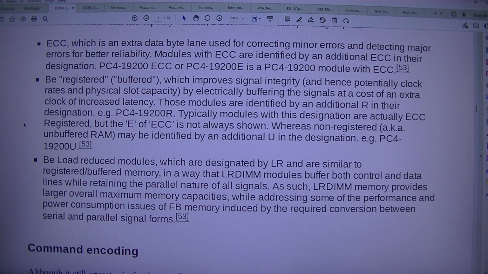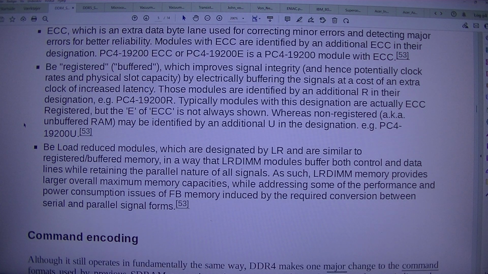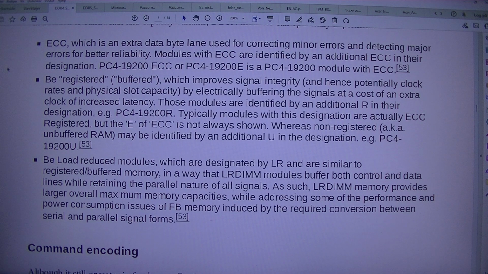Modules can optionally implement ECC, which is an extra data byte lane used for correcting minor errors and detecting major errors for better reliability. Modules with ECC are identified by an additional ECC in their designation. PC4-19200 ECC or PC4-19200E is a